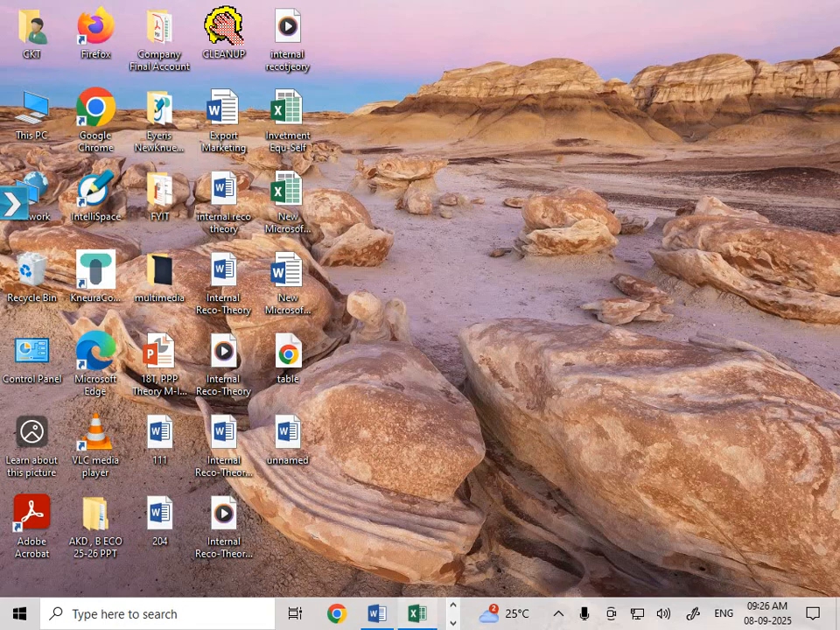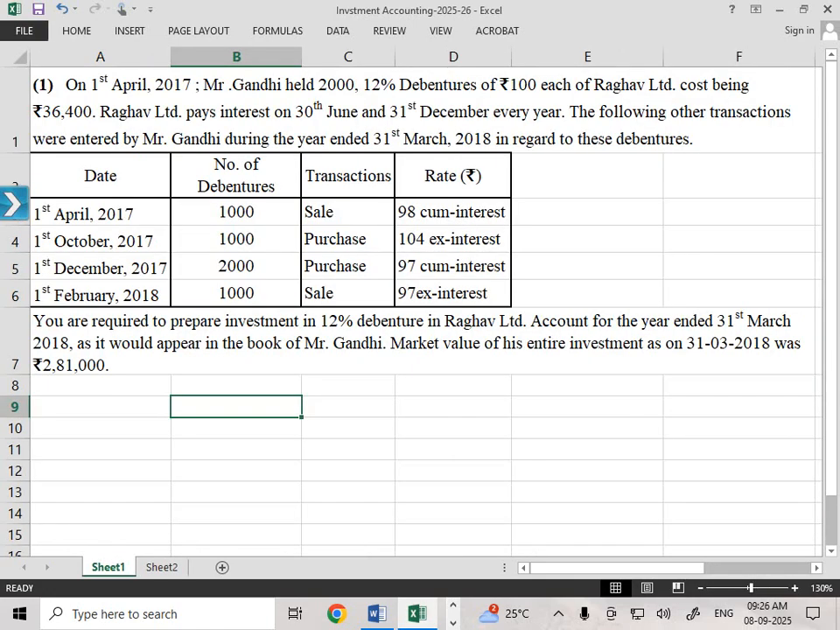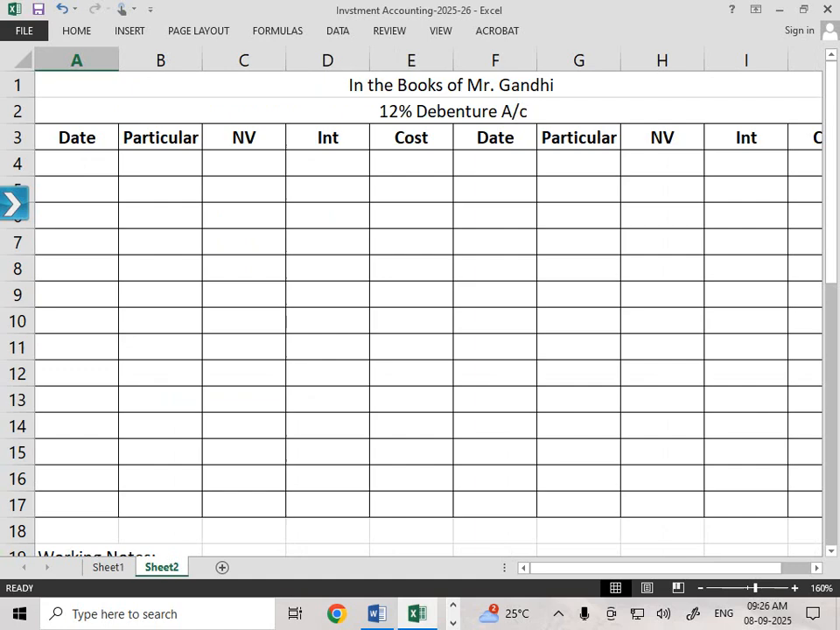Today I am going to take problem number 3 in investment accounting. Now this problem is based on investment in 12% debentures by Mr. Gandhi, so we will prepare it in the books of Gandhi, investment account. Before starting with the problem, all of you should be ready